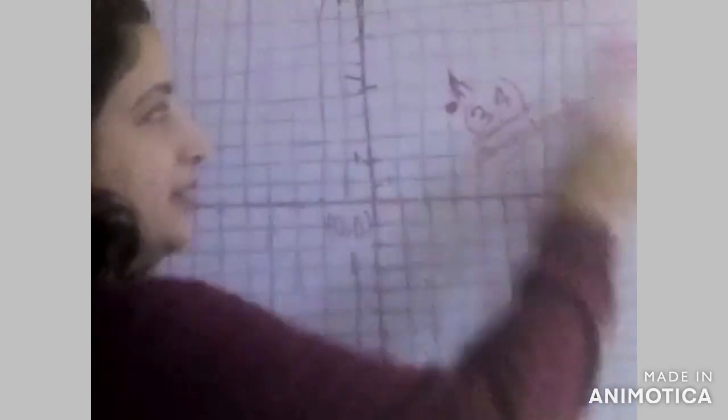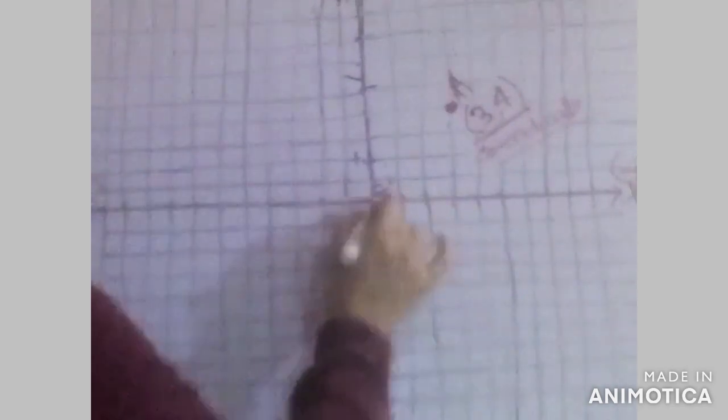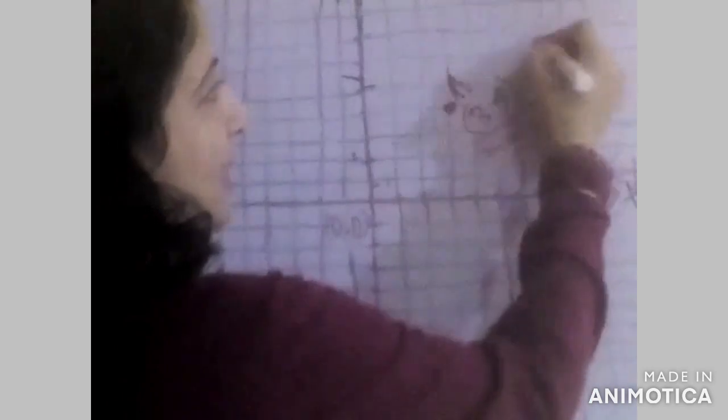Now see, in this first quadrant, this space, this side, all the x values are positive. It is the positive side of x on this axis, because x is nothing but a number line, and this point is 0. So the right-hand side is positive, and this side is negative. So in the first quadrant the x value is positive.